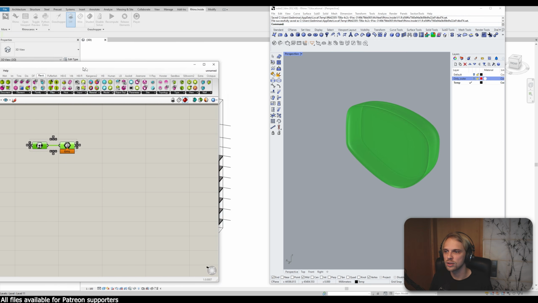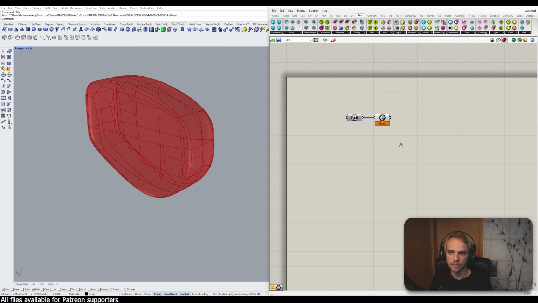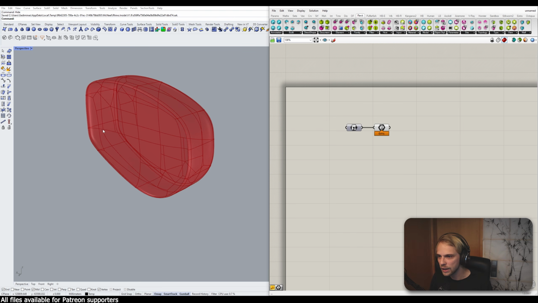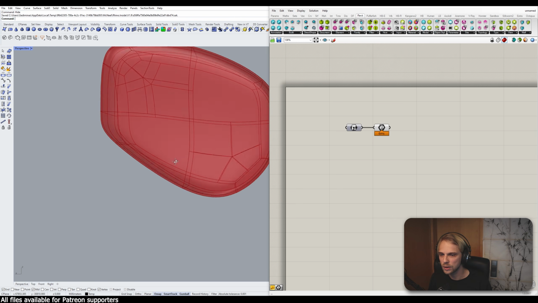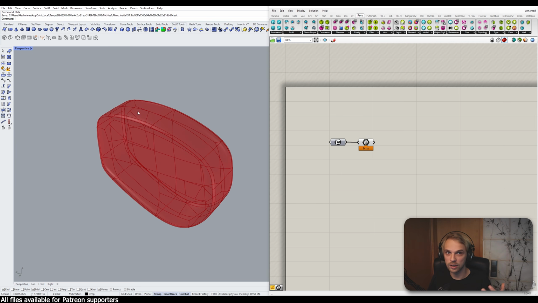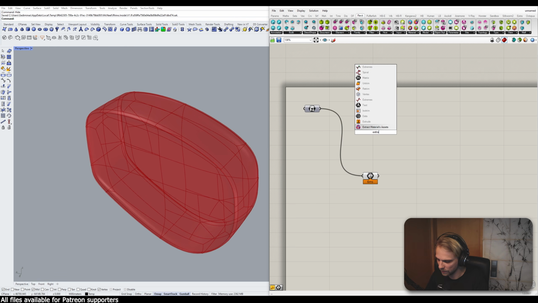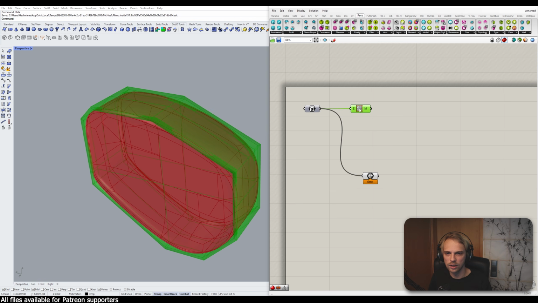So let's actually just look at the Rhino screen for now, like that. We want to take this brep, and from the edges that we have here, we want to create a network of beams that connect, right? So that's not going to be an easy task because it's going to be so heavy and everything is curvy, right? One way would be to just extract the SubD control polygon,